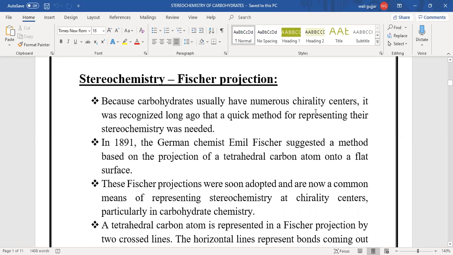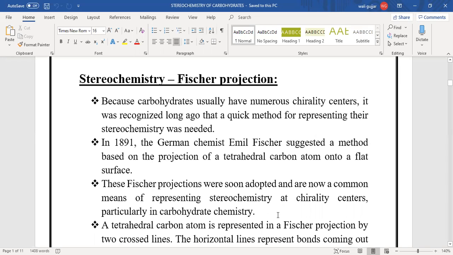So, a chirality center is actually a tetrahedral atom in a molecule which is bearing four different ligands. In 1891, the German chemist Emil Fischer suggested a method based on the projection of a tetrahedral carbon atom onto a flat surface. These Fischer projections were soon adopted and are now a common means of representing stereochemistry at chirality centers,